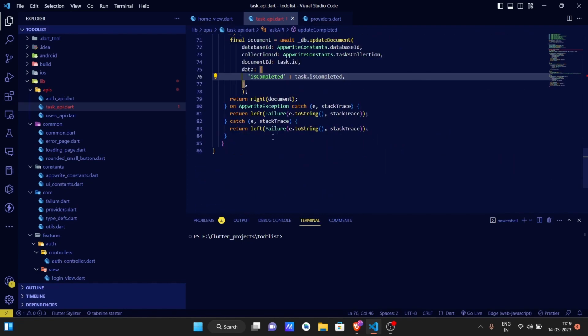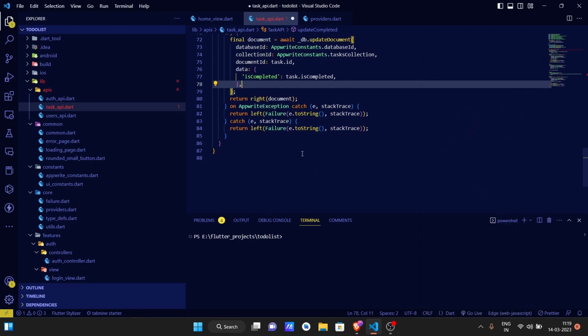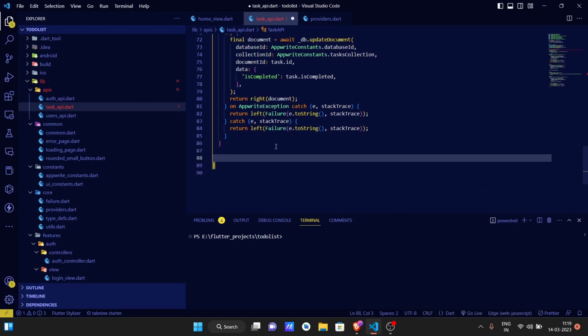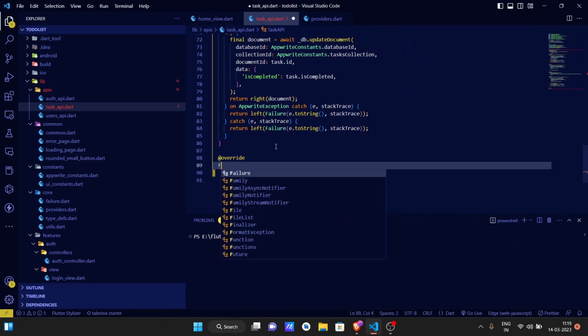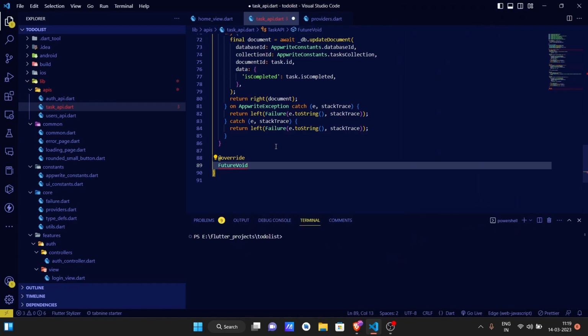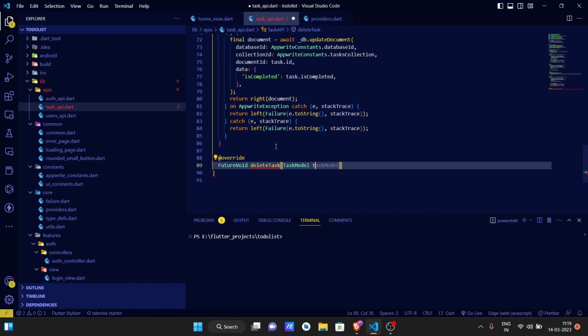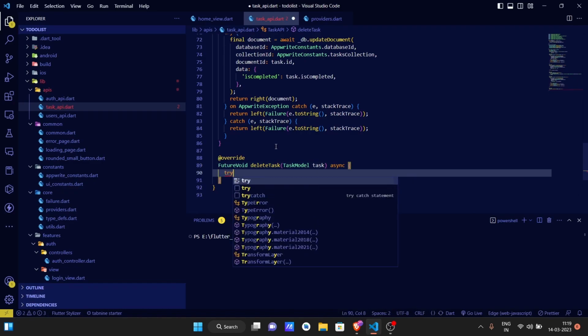which is our delete task function. So let me first format this whole. And now we are going to implement our last function. At the rate override, Future void deleteTask, and we are going to provide it the task which we are going to delete, and it is going to be asynchronous and try